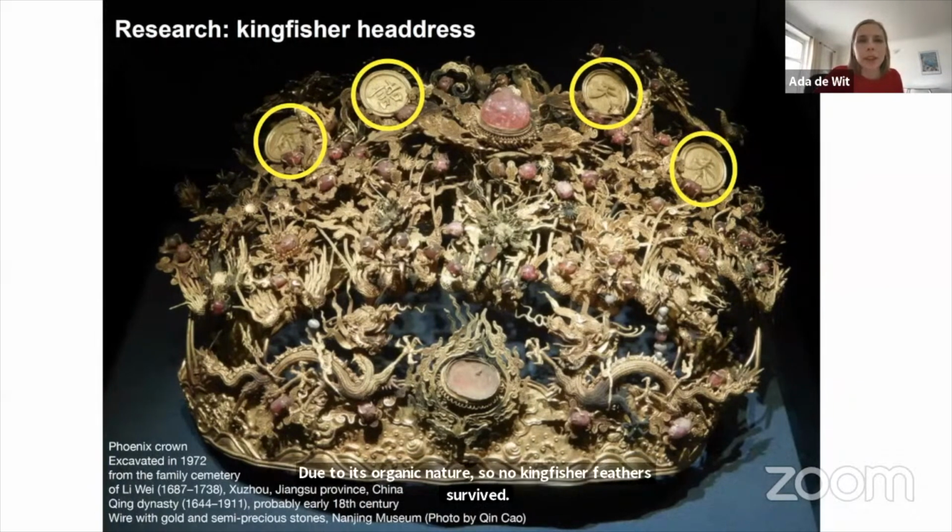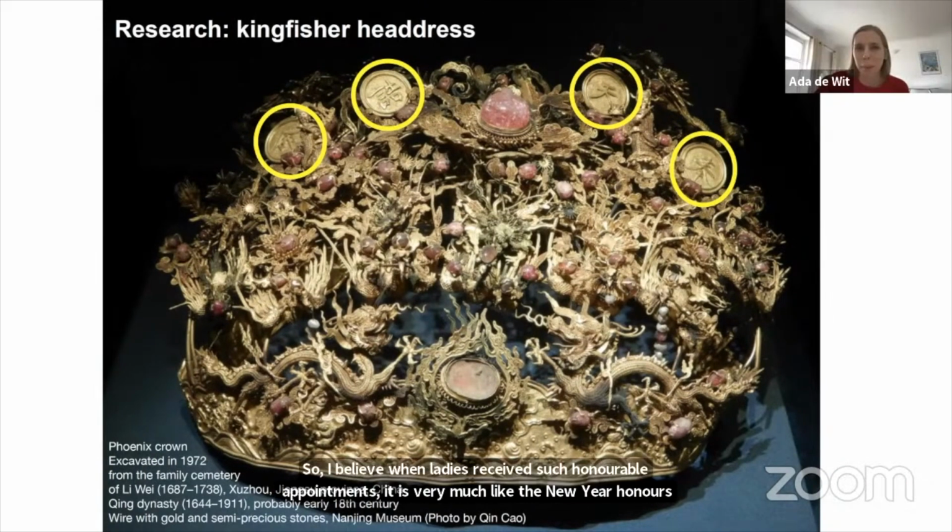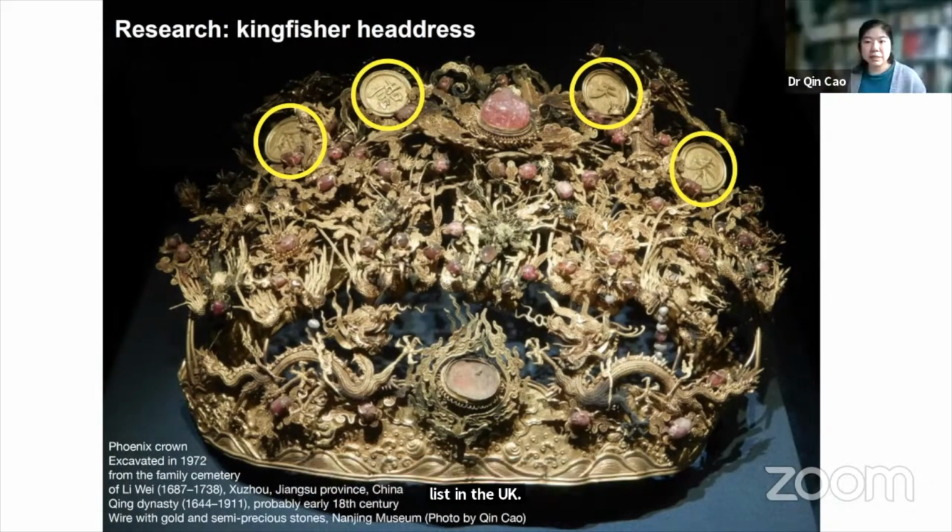So would a crown like that have been worn during New Year celebrations? What would be the occasion? Yes, I would very much think so. I believe when ladies received such an honorable appointment, it was an honor system very much like the New Year honors list in the UK. And they would have such crowns commissioned